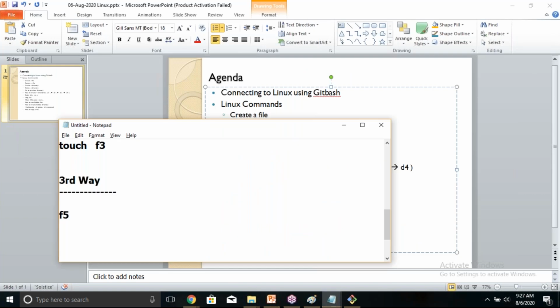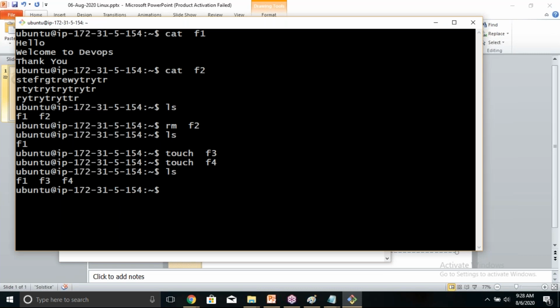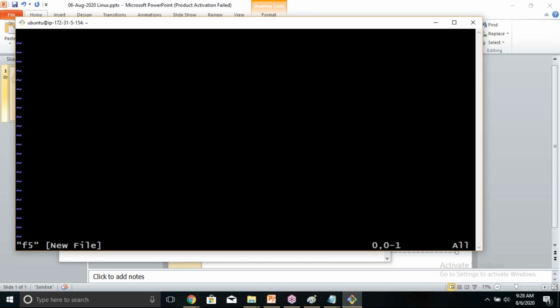Using the VI editor also. Look at this. VIM stands for VI editor improved version. What file I want to create? F5. vim F5. The editor gets open. In that you need to go to insert mode. Right now by default the VI editor opens a file in the command mode. You need to go to insert mode. When you press the insert key, you'll be entering into the insert mode. Please observe here at the bottom, the moment I press the insert key, you'll be moved into insert mode. And in the insert mode, you can insert the contents whatever you want.